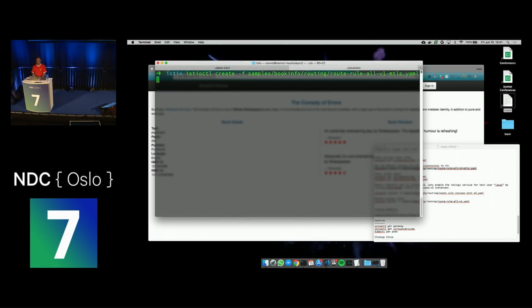Istio create. So this creates what's called a routing rule. And this routing rule will make sure that all our microservices are pinned to version 1 of our service. So let's,